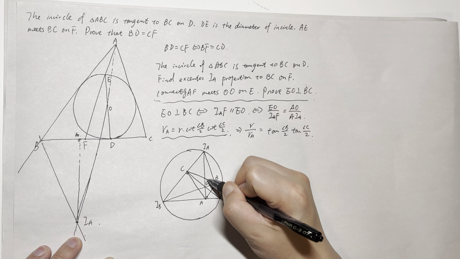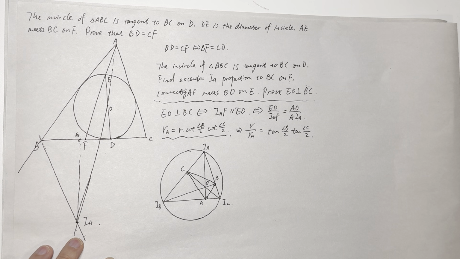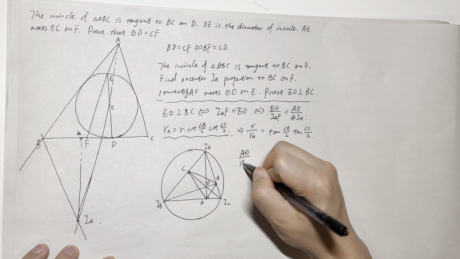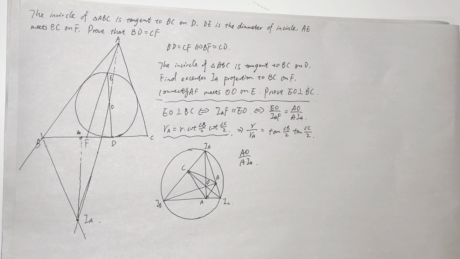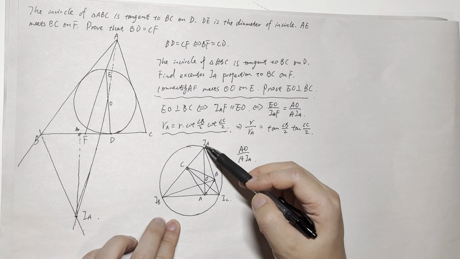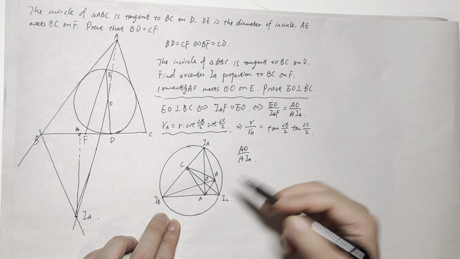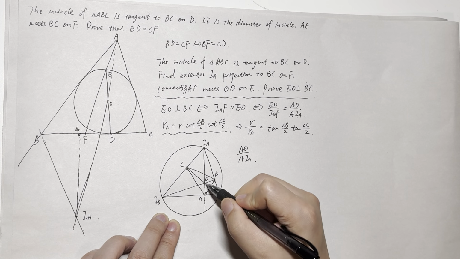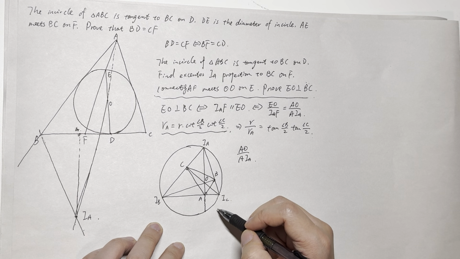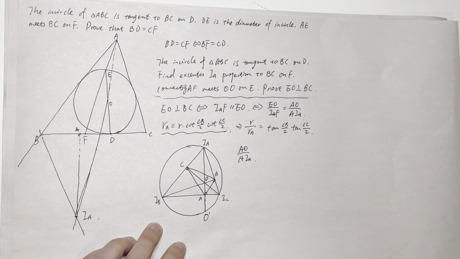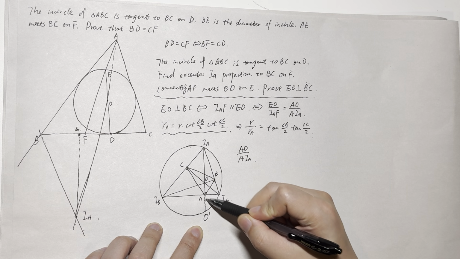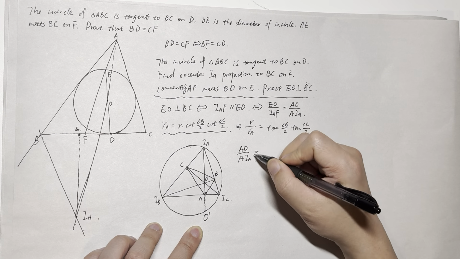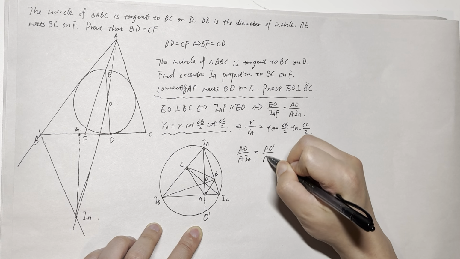So let's connect the triangle ABC. What we are looking for is AO to AIA, right? And you see that O is the orthocenter of triangle IAIBIC. We already know that AO equals 2. If I extend IAO, it meets the circumcircle of triangle IAIBIC at another point, let's call it O prime. Then we already know that AO equals AO prime, right? So this one equals AO prime to AIA,